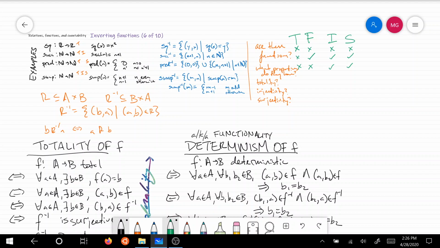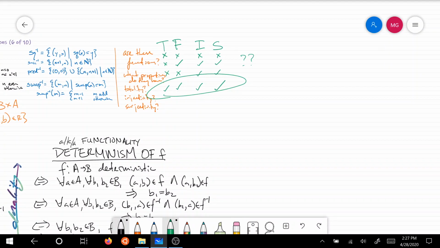Okay, swap inverse. This is the last one. Swap was total. Will swap inverse be total? Well, if you take a second and look, swap inverse is the same function as swap. So yes, it will be total, and it will be a function, and it will be injective and surjective. Right, so this is the golden row. The other rows, I think, are very hard to understand. You heard me hesitating as I worked it out in my mind. It's pretty complicated. The main takeaway that I'd like everyone to have